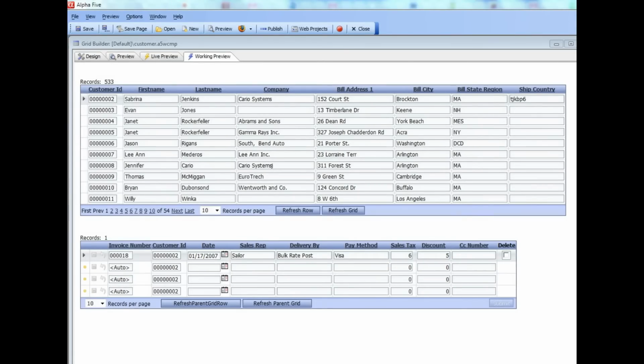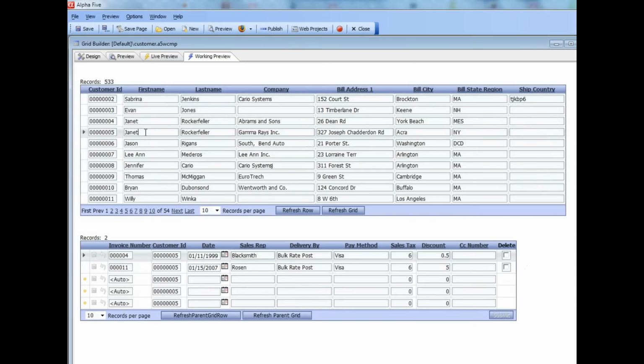In this video we're going to talk about how you can refresh a row in a grid and how you can force a child grid to refresh a row in the parent grid. So you can see here we have a grid on the customer table, and then we also have linked content sections showing a grid from the invoice table. And you can see that for each row in the customer table, we're showing the linked rows in the invoice